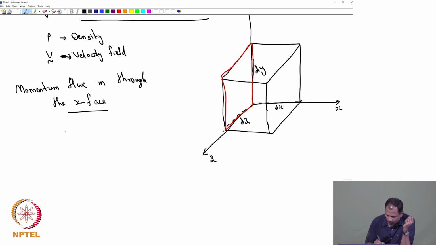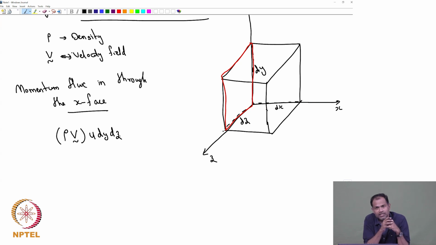So, that is going to be equal to rho times v. That is the momentum density, because mass times velocity is your momentum. Density is mass per unit volume, so mass per unit volume times velocity gives you the momentum density. Multiplied by u times dy dz, since u times dy dz is the flow rate. Velocity times area is the flow rate. So the flow rate times the momentum is the total momentum getting in through the face